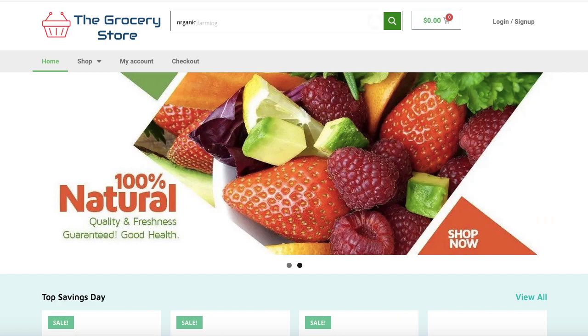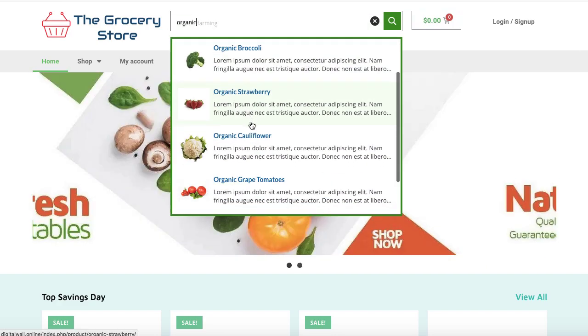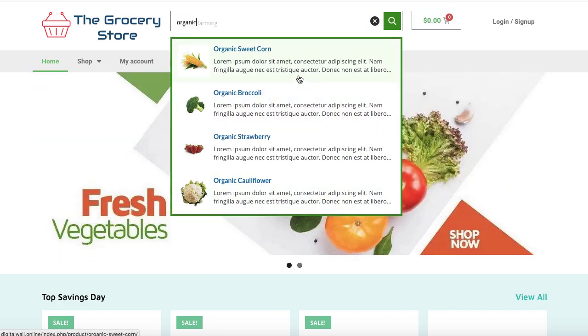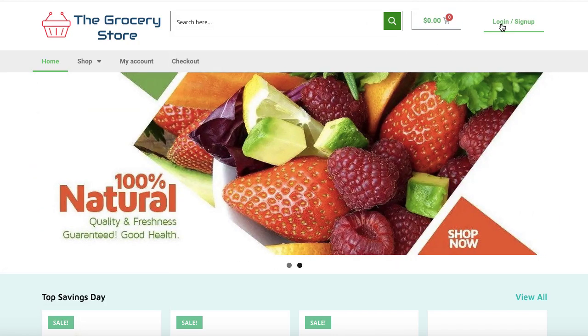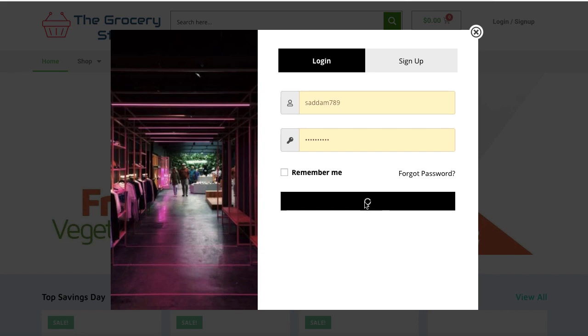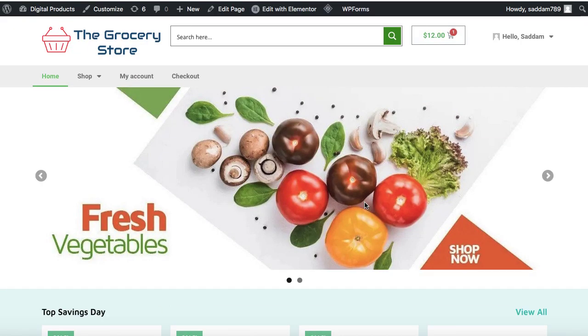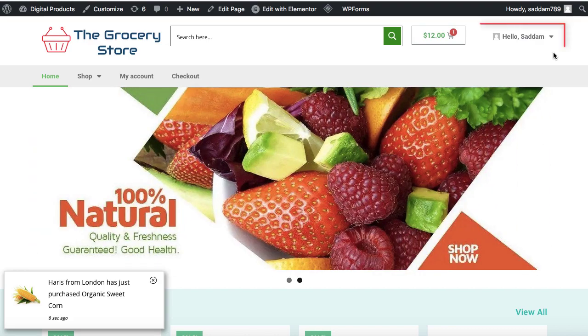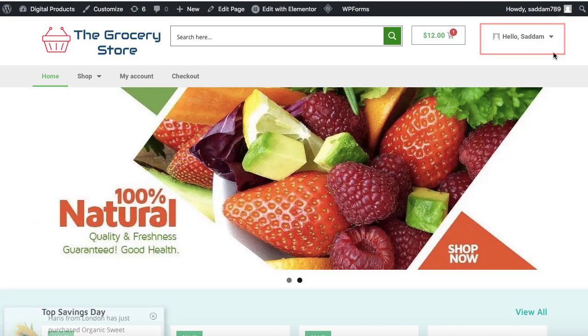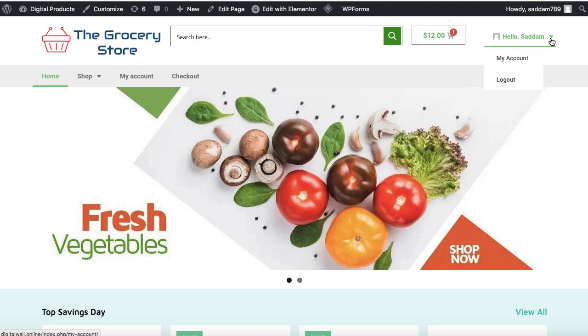I will teach you how to make an Amazon type product search box. So when you type a keyword, it automatically shows the results without hitting the search icon. I will teach you how to add a login pop-up so user do not need to redirect on the My Account page to log in into their account. Also on a successful login, the customer name or his username will be displayed followed by the term hello. Trust me, no one on YouTube will teach you this feature.